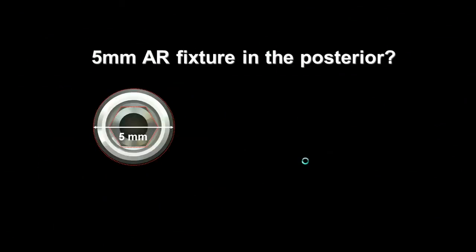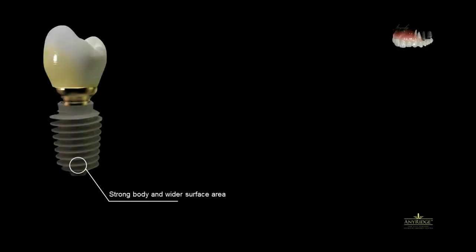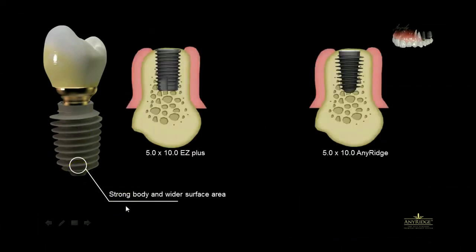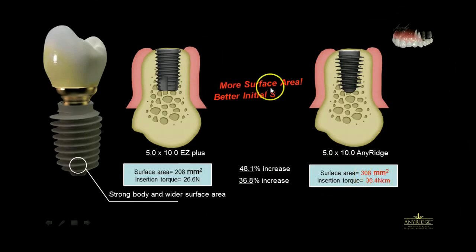So let's specifically talk about the 5 millimeter Anyridge fixture in the posterior. Is it adequate for strength? Again, look at the surface area: 308 millimeters squared. Because of the thread design and the minimal 3.3 core removal of bone, you're actually getting much more increased surface area. This is a 5.0 by 10 Easy Plus. This is our own comparison here. Here's a 208 millimeters squared surface area. This is our Easy Plus that we just showed you earlier. The 5.0 by 10 Anyridge has 100 millimeters squared more surface area, 308. So a 5.0 by 10 is absolutely more than capable of holding a molar because of more surface area and